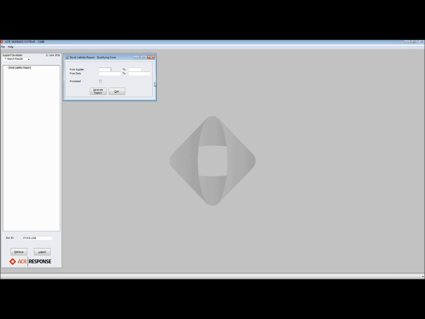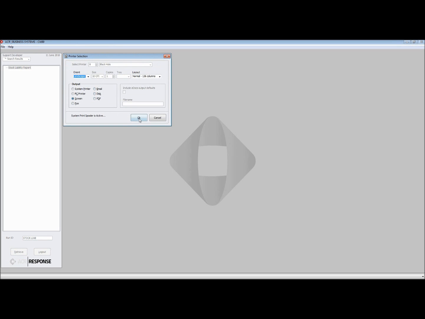Now this qualifier screen, you can qualify by supplier number range and or your supplier date range. So bear in mind, this is not the date that it was entered. This is the date that was on the tax invoice that they sent you. We've also got a processed tick box. So if we want to see anything for this particular supplier that has not yet been processed, we would qualify it by that supplier number. We would leave this unticked because we want to see unprocessed items, and then we click generate. What we'll do is we'll again open it up to screen,